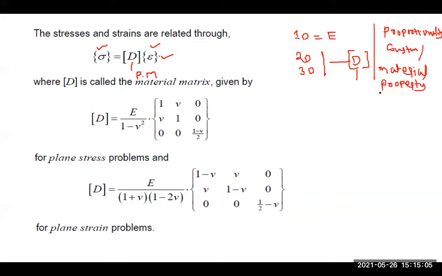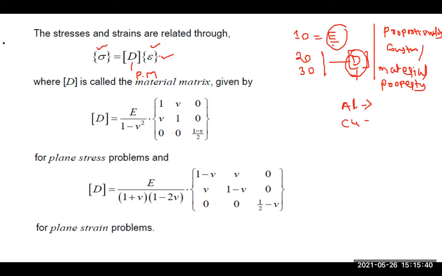What is a material property? For example, for aluminum there is a fixed E as well as D matrix. For copper, there would also be fixed values of E and D. So these are constant values. E as well as D are constant values and belong to the material property of a given material. If the given material is aluminum, the Young's modulus is constant, and for a two-dimensional or three-dimensional problem, the D matrix would be constant. So that is very, very important.